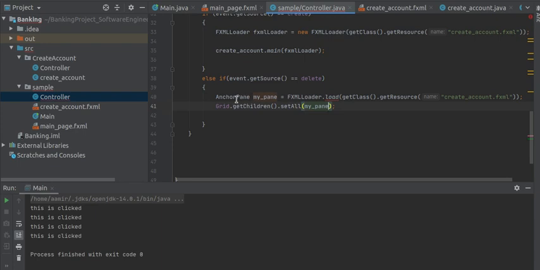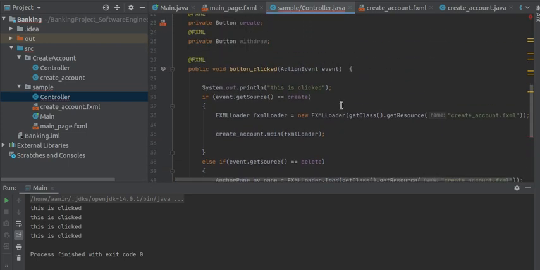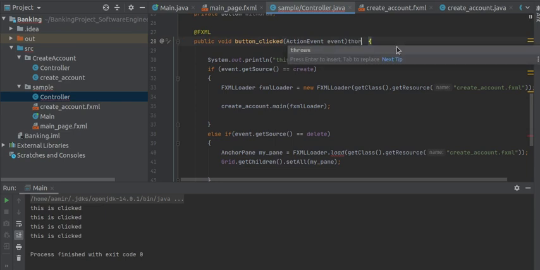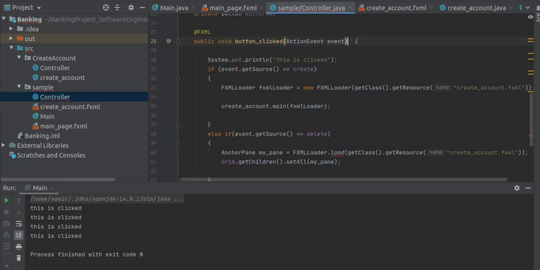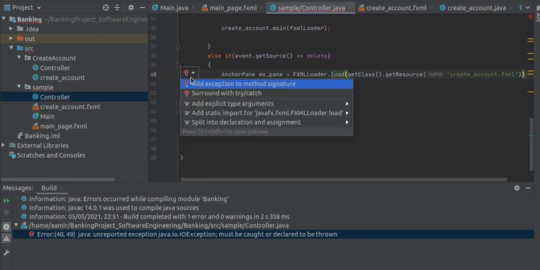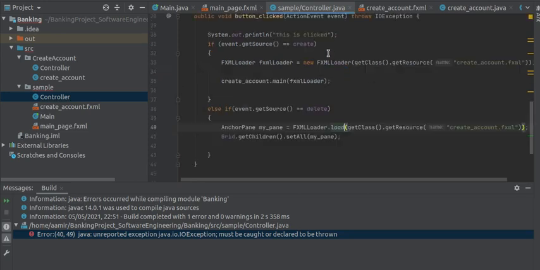The second window was anchor pane, which is loaded in my pane, and I gave this into that. These are the simple steps. Another point is you should add the exception here: throws IOException. If I run it, I will get the error. Now just add exception to method.